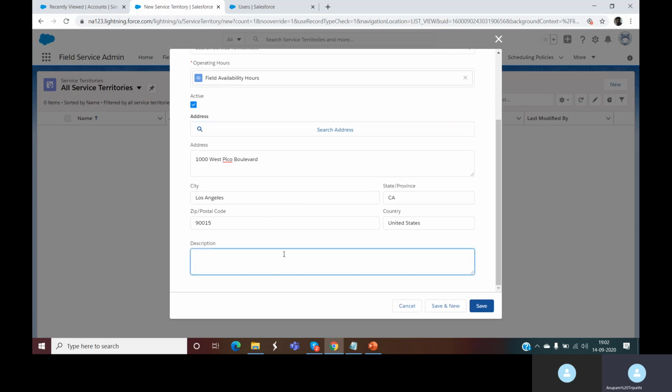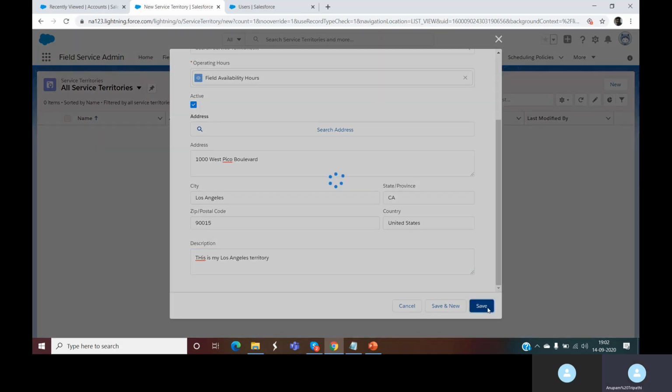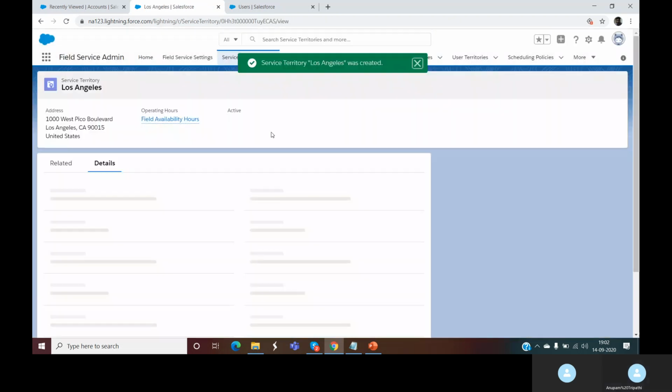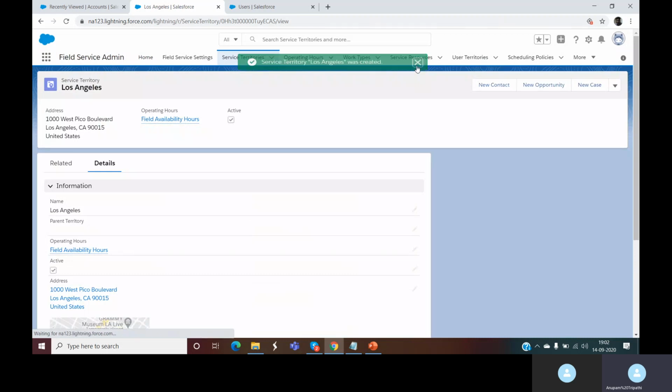It may be my company address as well. And the description: this is my Los Angeles territory. I'll save this. So we created one territory and one operating hours for our application.